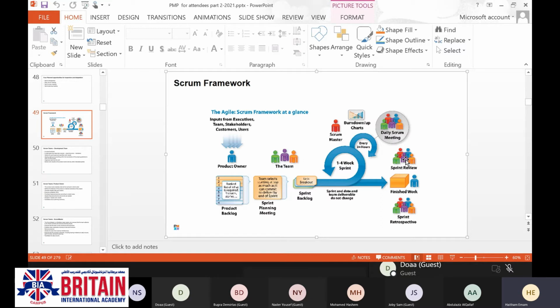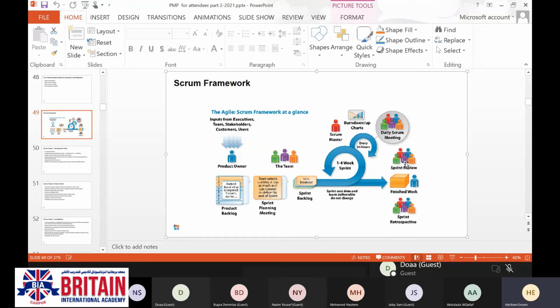Who is going to attend? Maybe the client, the product owner, the team, and the Scrum Master. The team is going to be encouraged to present their work, and the product owner may accept the work, or he's going to ask them to do the work again.